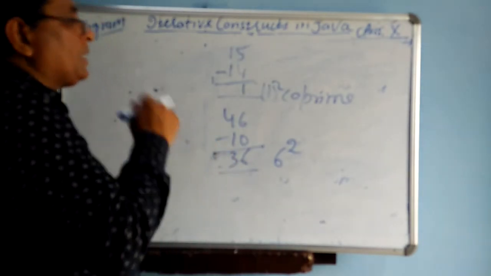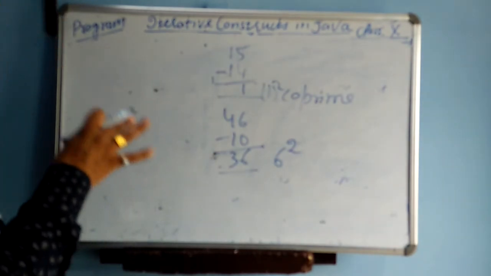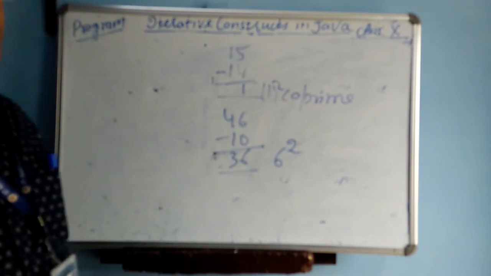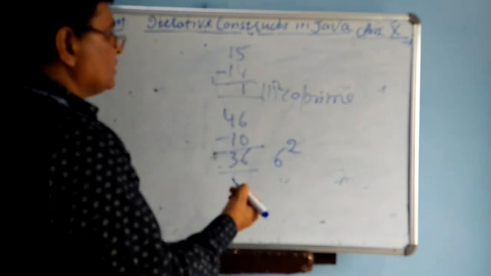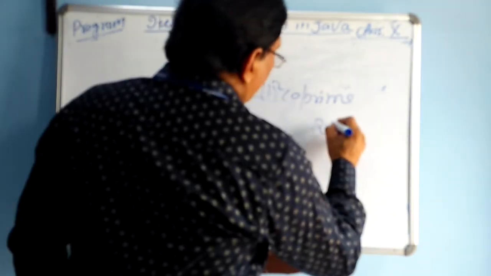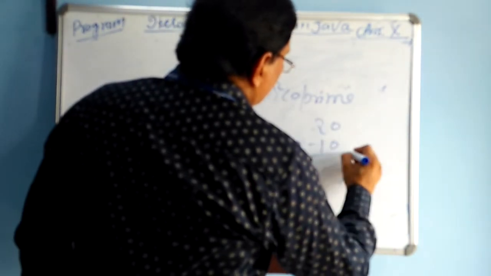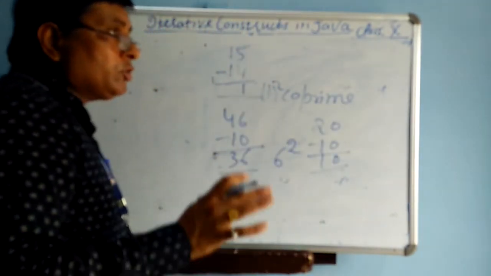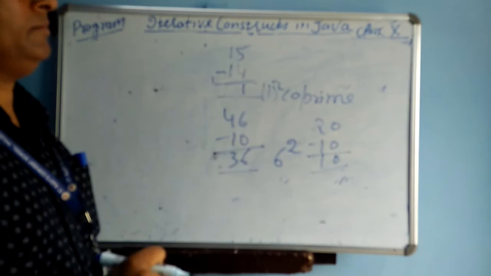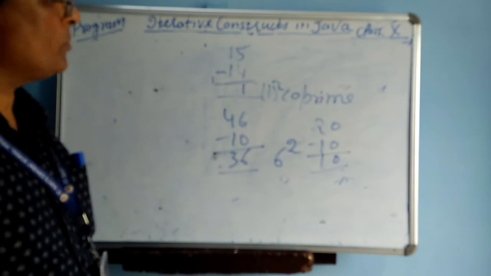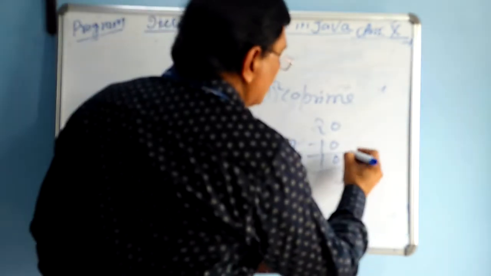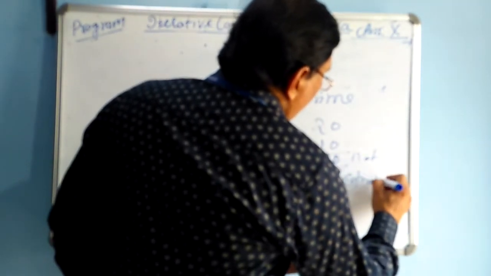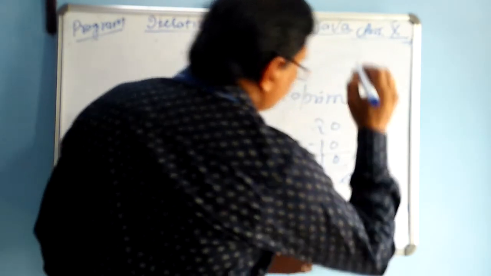Now we have to make the program. I think all the students understand what a coprime number is and what is not a coprime number. There are so many numbers. Suppose one more example: 10 is not the square of any number, so you can say that is not a coprime number. Okay.